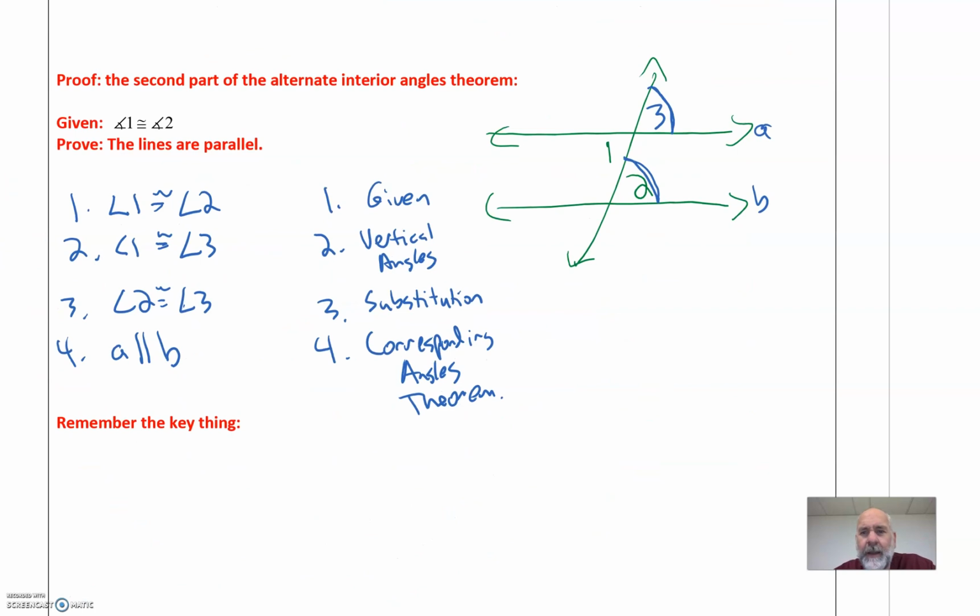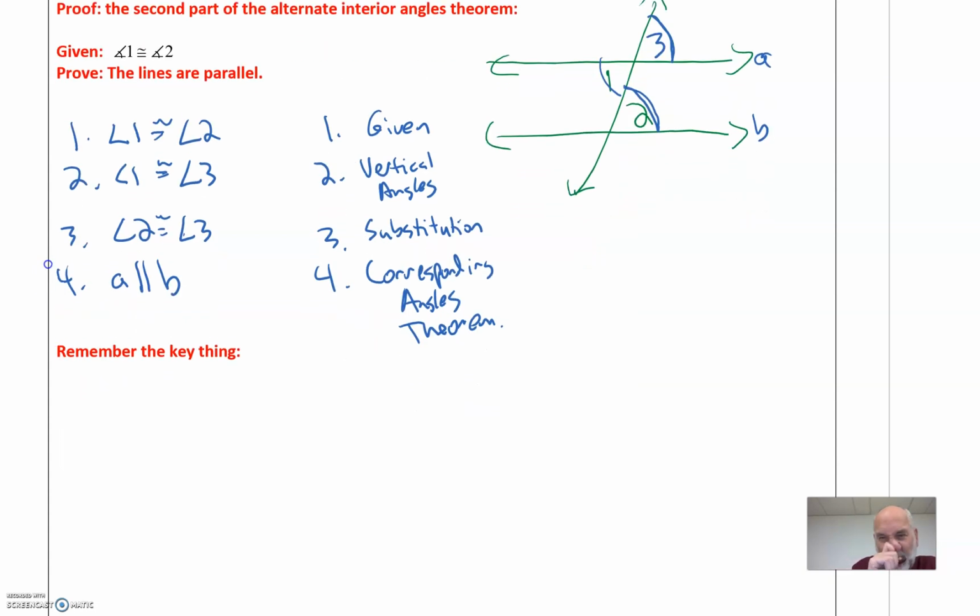So what do we have? We were just given that alternate interior angles were congruent. And from that, we were able to prove that the lines have to be parallel. Remember, the key thing here when doing these proofs is you have to know, are the lines parallel? So in the beginning, you want to look and say, have they told me the lines are parallel or not? Because if they have, then we've got all those theorems. We got the alternate interior, we got the alternate exterior, we got all those relationships of things being congruent and some things being supplementary. So check to see if the lines are parallel, and if not,